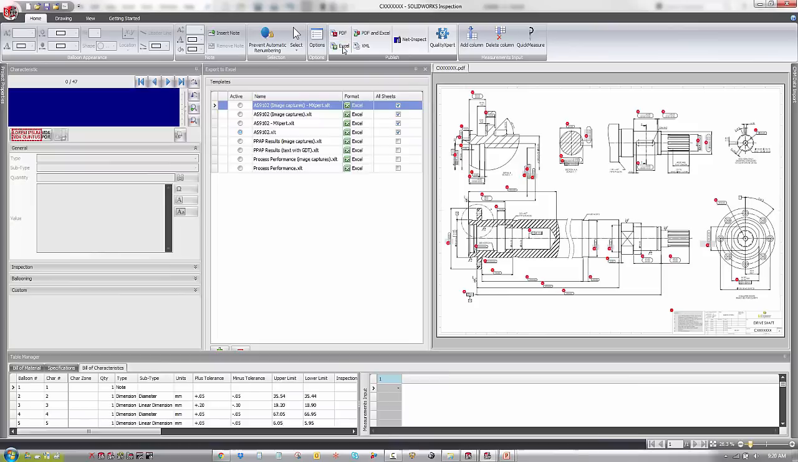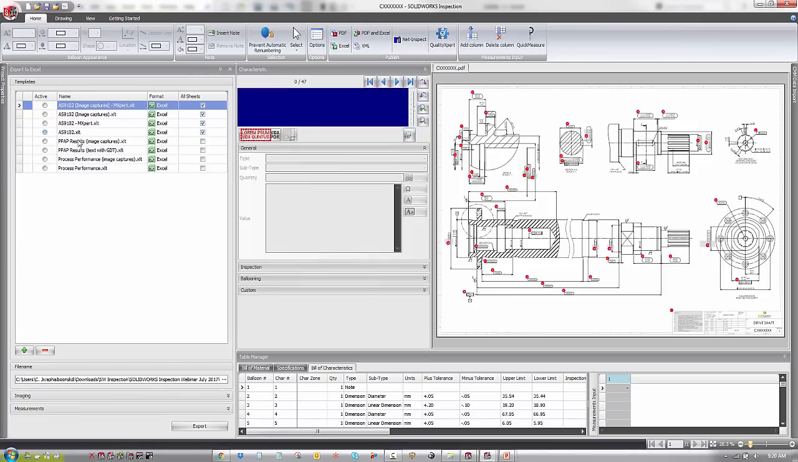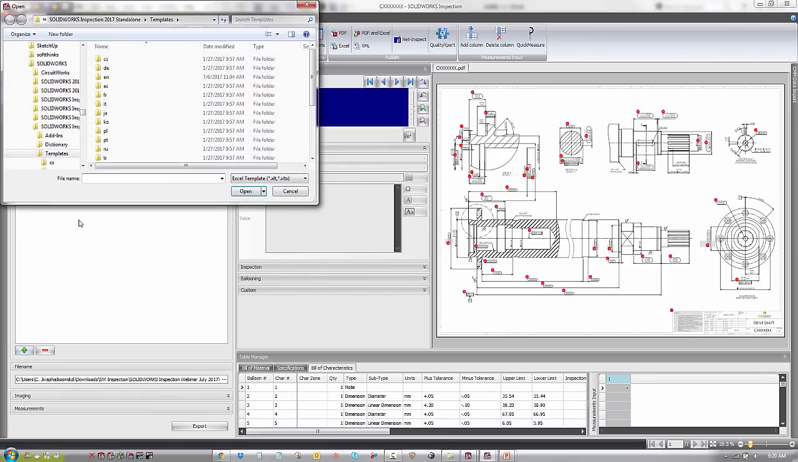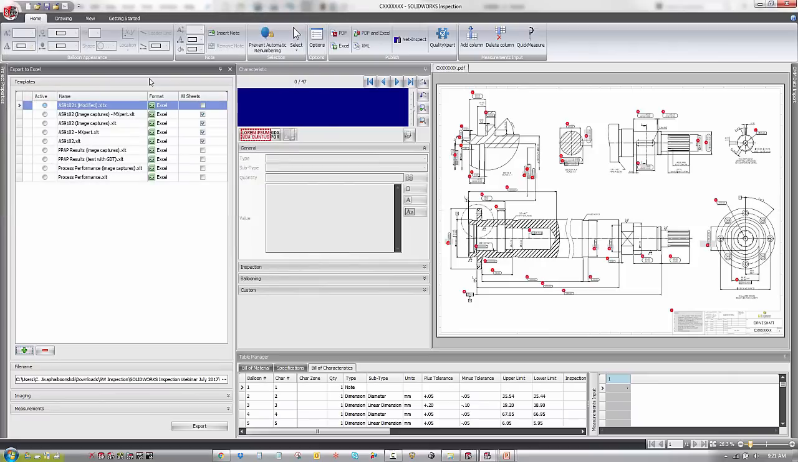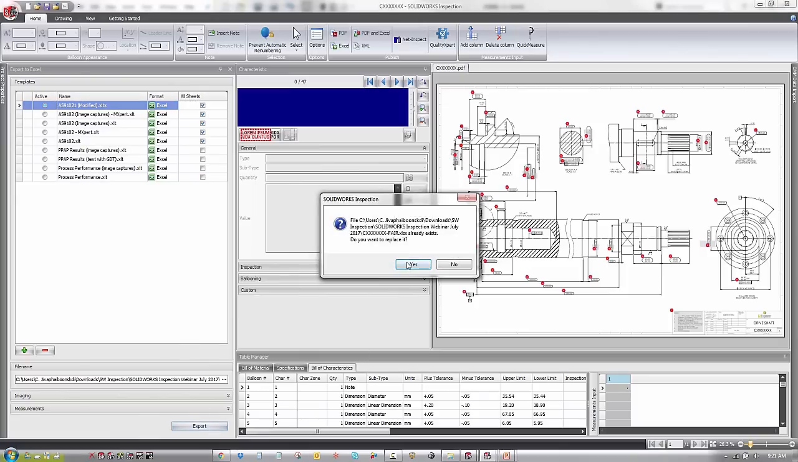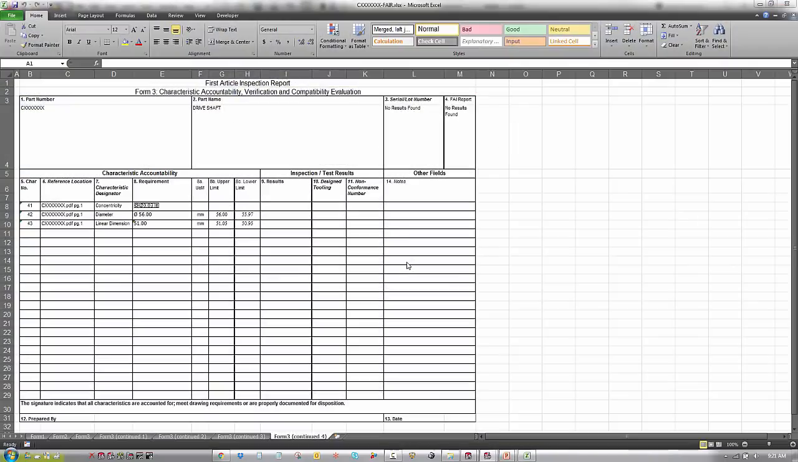And now when I go ahead and publish this to an Excel document, I'll make sure that I choose the new template that I've created. And if I don't see it here on this list, I can easily come in and add it. I just have to click on the plus sign, and I'll go in and specify the location for that template and choose the template. And now it will show up on this list, and I'll make sure it exports to all sheets, and I'll